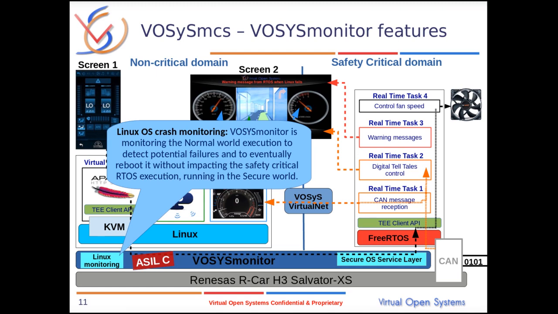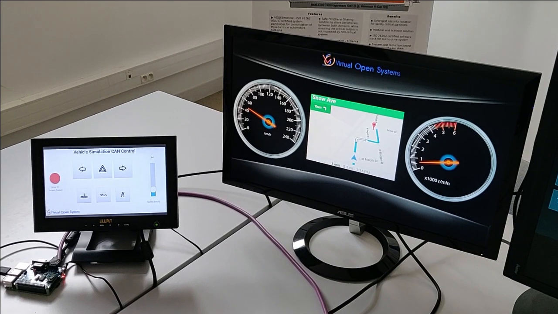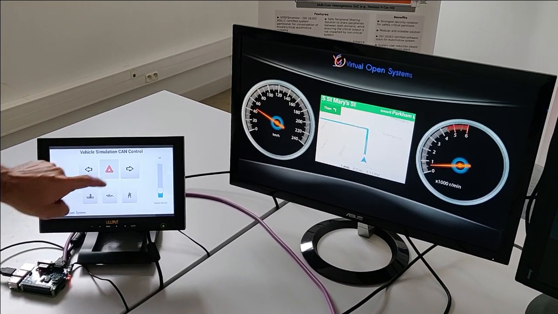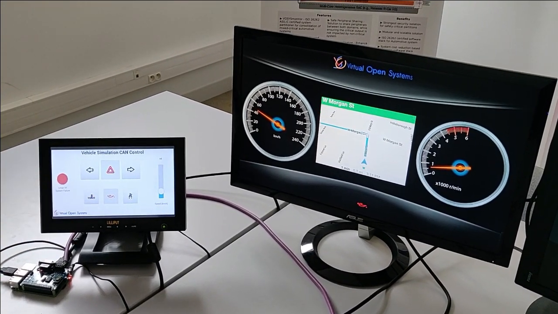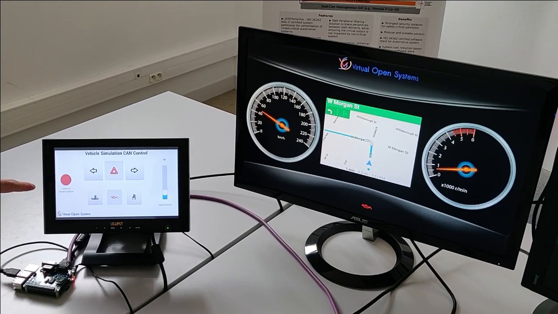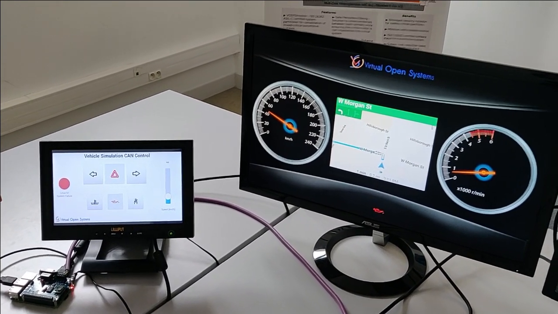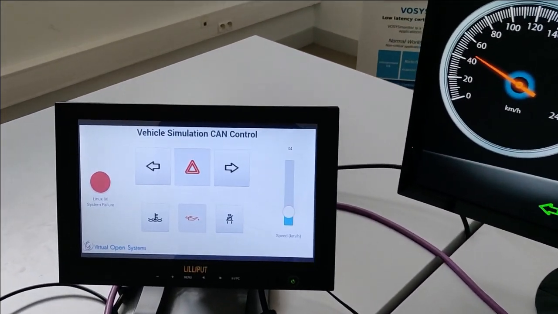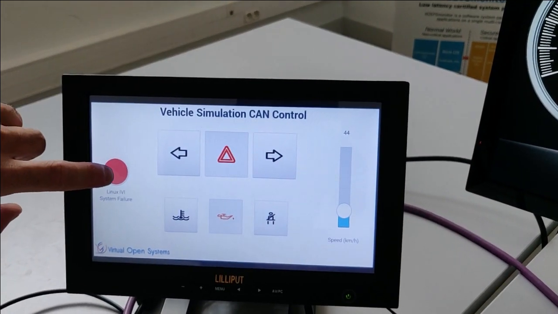In the VOSySmcs stack, the key component VOSySmonitor is able to detect potential failures in the non-critical application, and can reboot it without impacting the execution of the critical domain. First, let's start some animations on the FreeRTOS side with digital telltales and warning. Then, from the touch panel, an event is generated with the red button in order to force a failure on